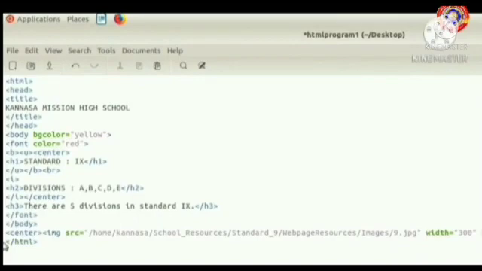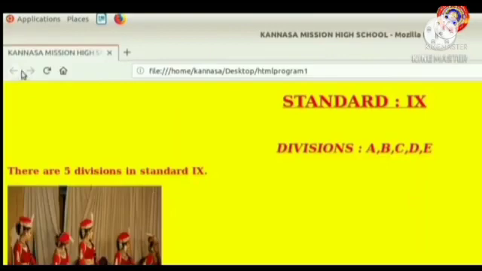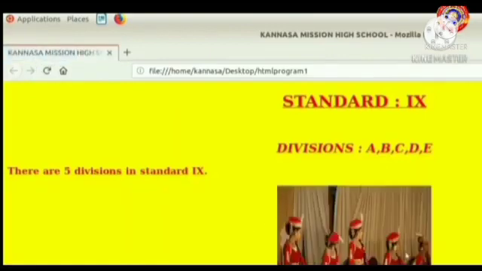So it is known as an empty tag, like our BR. Clear? It has only opening and no closing there. So the image tag is also an example of an empty tag. Now see the output once again. See, our image comes to the center.